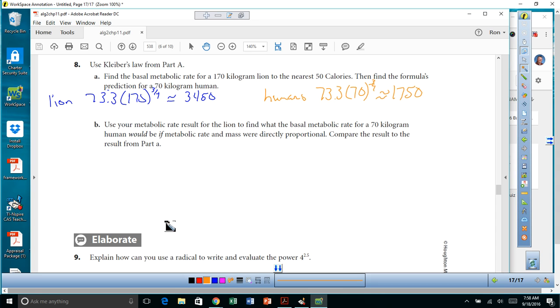Well, if they were directly proportional, what we have would be 3,450 for the lion over his weight of 170 kilograms, equals x calories